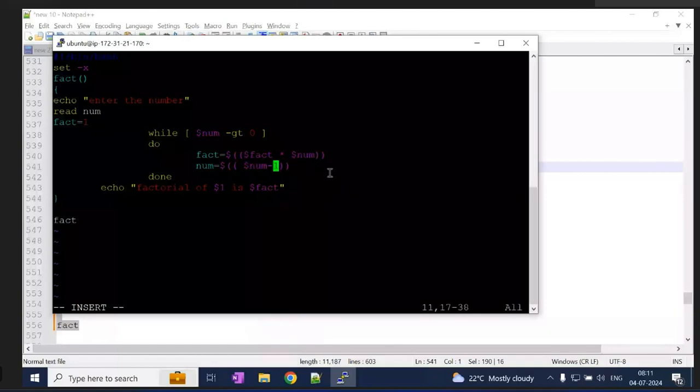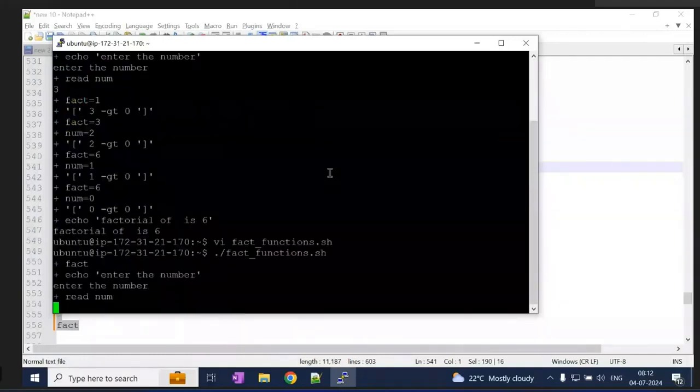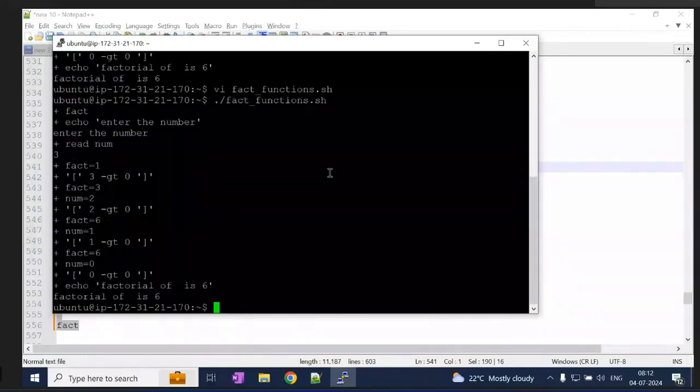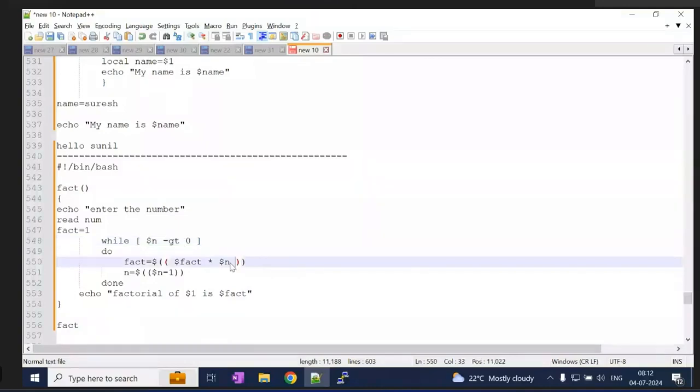Now I removed that, and it is still reading. So it was an issue with my variable. Space is not an issue in that place, but make sure wherever it is required, like in this while loop, definitely you need a space here, one space and here one space. But if you give space somewhere else, it will throw an error.